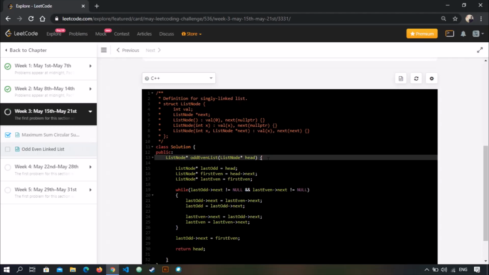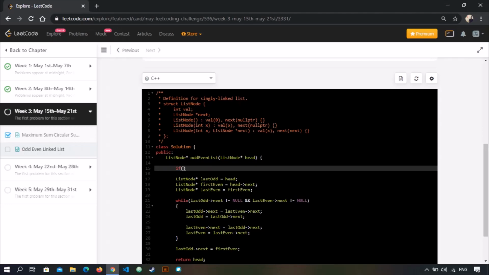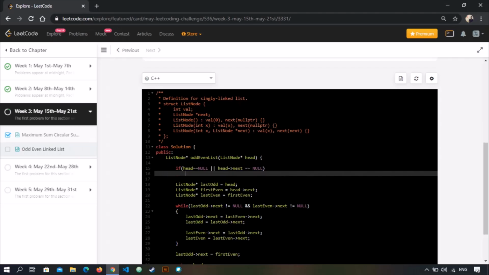And let's check for our edge cases as well. Head should not be null. Okay, sorry, if it is null or head's next is null, we simply return head.